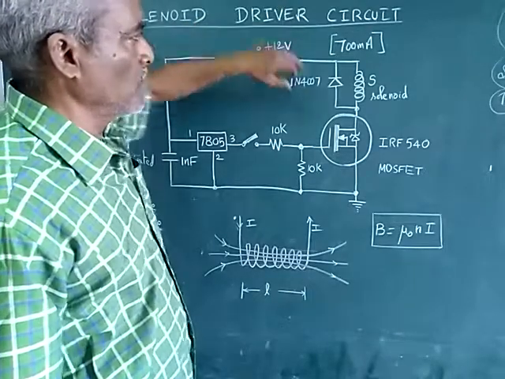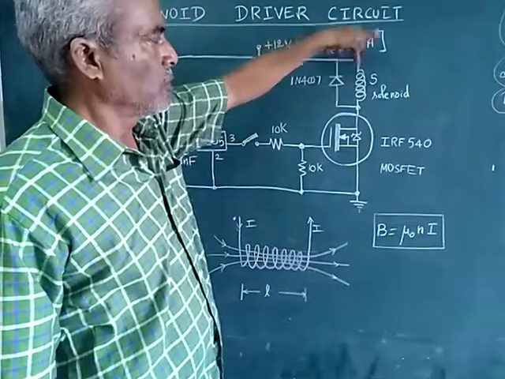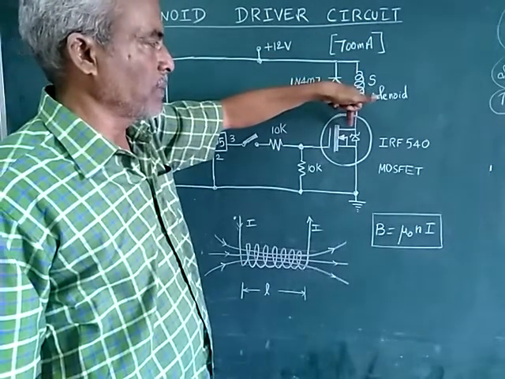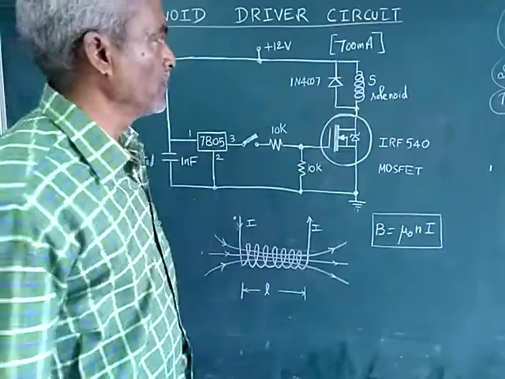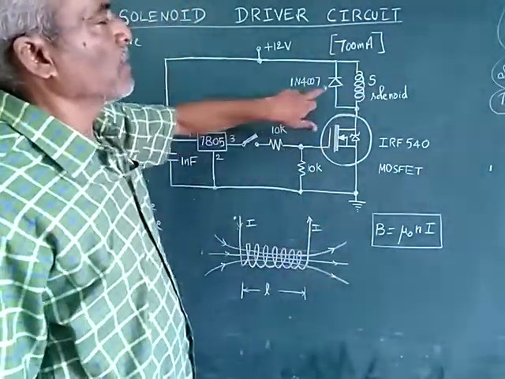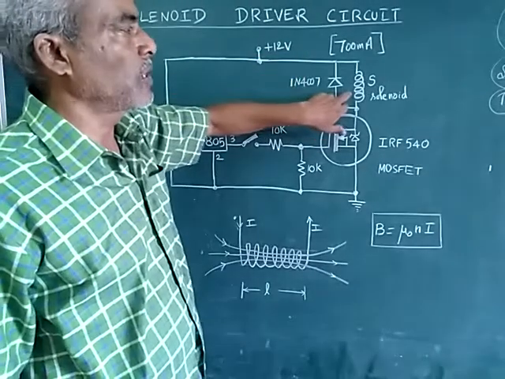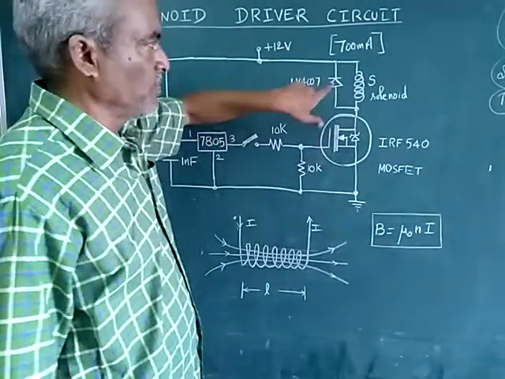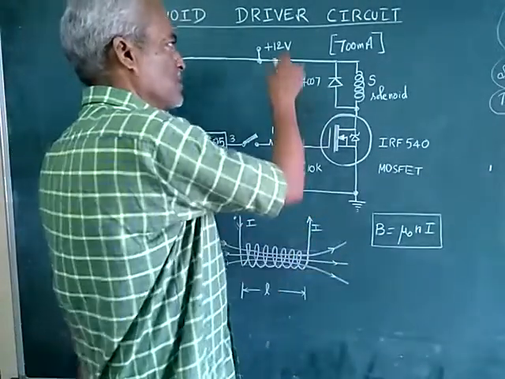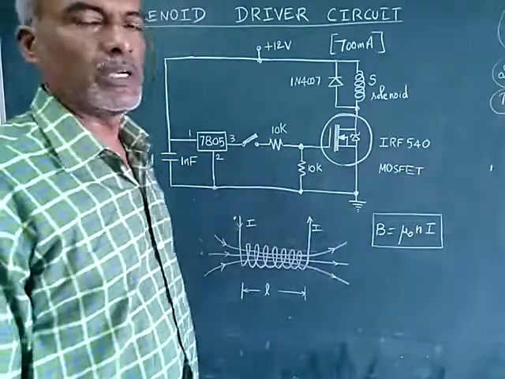DC supply. So you all know that a coil is a short. So therefore the 12 volts directly comes to the powering up of the MOSFET. So the supply voltage comes through this. This is a protection diode, because if there is a reverse polarity, this diode will conduct. That means if this goes negative and this goes positive, this will conduct, and you can protect the solenoid.